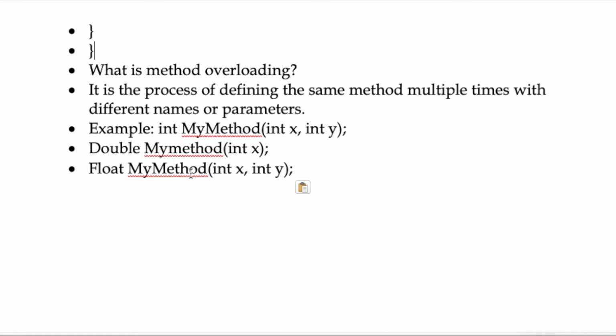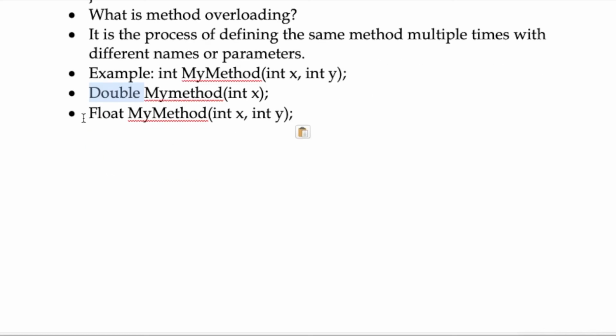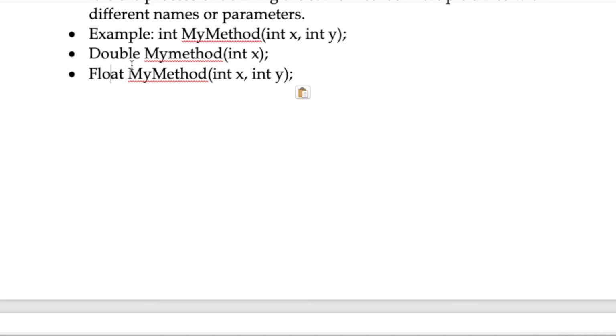Here I have declared int my method, index int y. So here int my method is going to invoke only integral functions, which will include 21987 to minus 21987 or some figures, as I have said in the last video. Now I also declare my method in the double and also float. Here I am just going to declare different parameters. These are the different parameters I am going to declare; double and float are the different data types I am going to declare in my method.